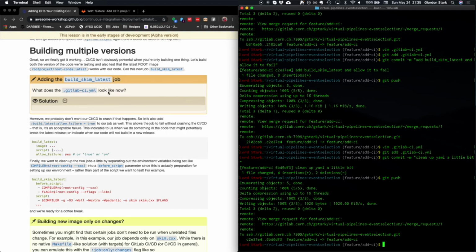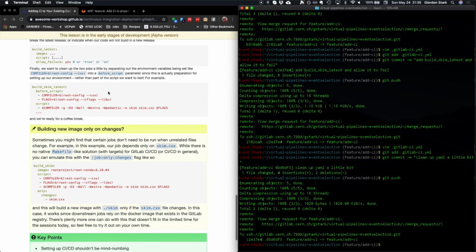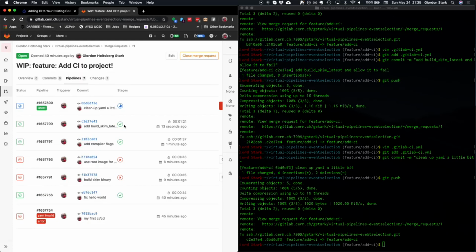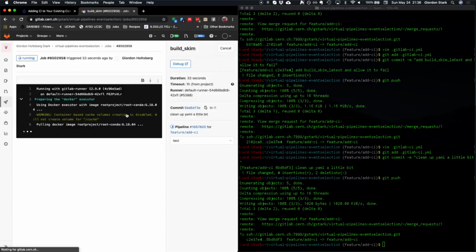Alright, so at this point there's not much else left for this section, so let's go back to the pipeline. It looks like build scheme and build scheme latest passed for the previous thing we just did, which was to add build scheme latest. And now the cleaning up of the YAML should also work. Let's peek into build scheme just to be sure that things worked as we expected. While this is pulling, I guess, from the cache, or maybe from Docker Hub,